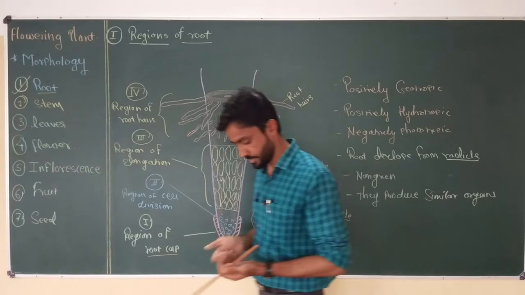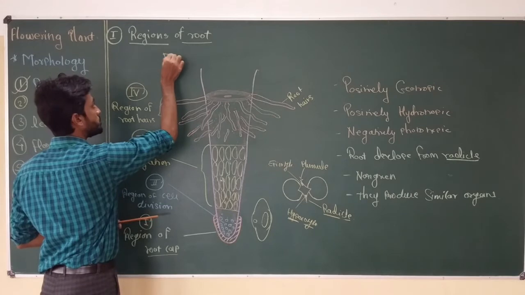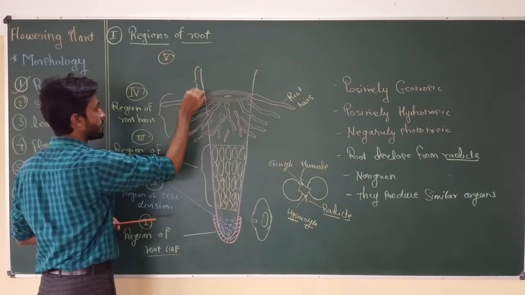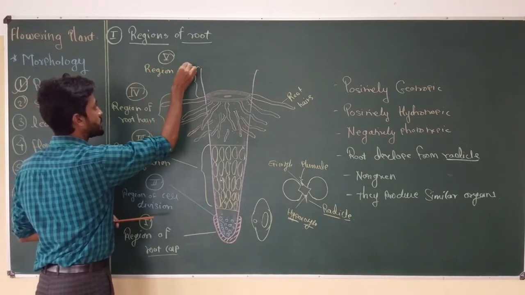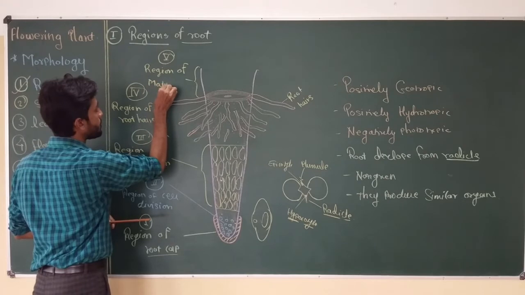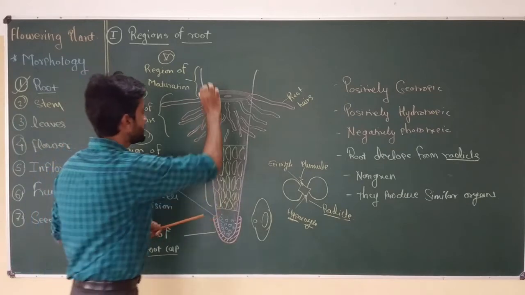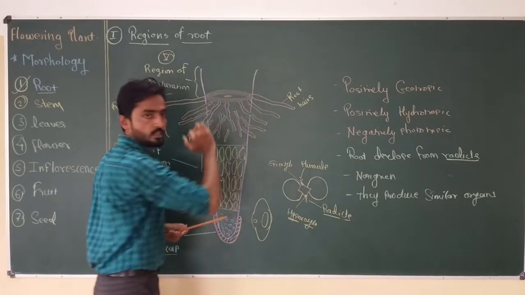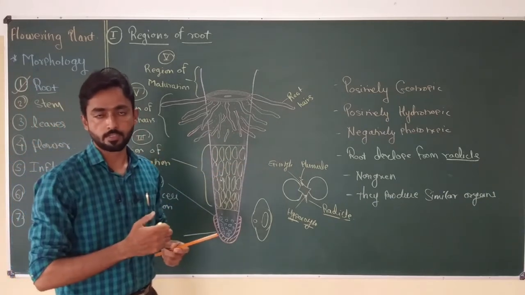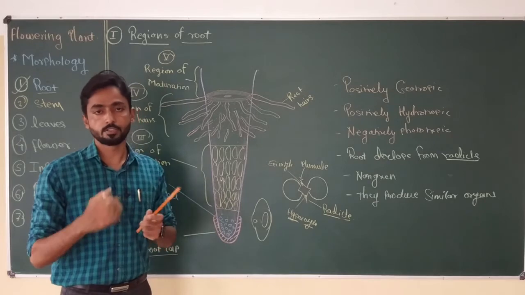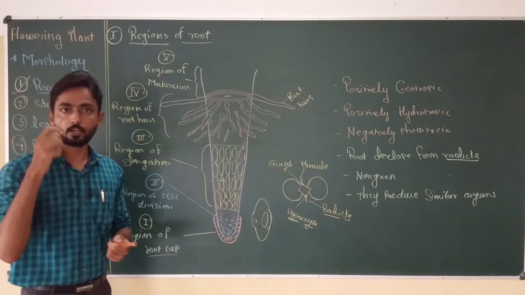Okay, and the last region of the flowering plant root is region number 5, which is the region of maturation. Why do we call it the region of maturation? Because in this root region, you can find mature cells. Cells become specialized for a particular function. They are going to mature. Okay, the division stops, and in this region you can see the typical anatomical features of the root.